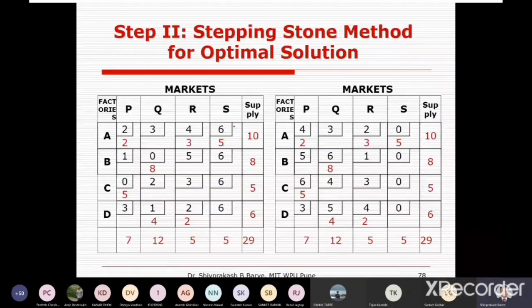In the cell AP, in the original matrix, the figure was 4. In AQ, the figure was 3. In AR, the figure was 2. These are the cost figures. And I have purposely added this S column, which was not there, to balance it, so I have to consider it with 0 values. Now, using this original matrix, whatever the allocation in that respective cell, you have to consider those allocations. And when you are calculating the value, it should be 2 into 4, so that the transportation cost is 4 instead of 2 into 2.